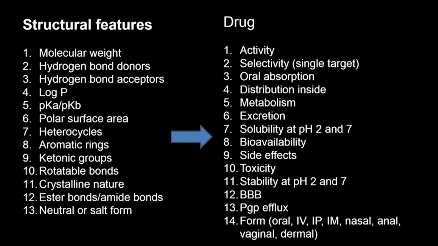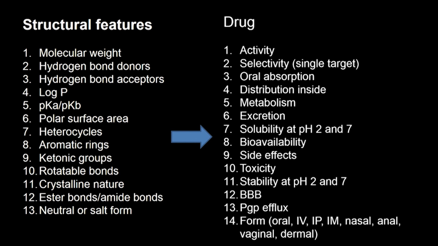What is the polar surface area? Polar groups are like oxygen and nitrogen. How many heterocycles are there? That means cyclic groups which contain nitrogen and oxygen. How many aromatic rings are there? How many ketonic groups are there? How many rotatable bonds? Once you have rotatable bonds, the drug is very flexible, so it can easily fit into an